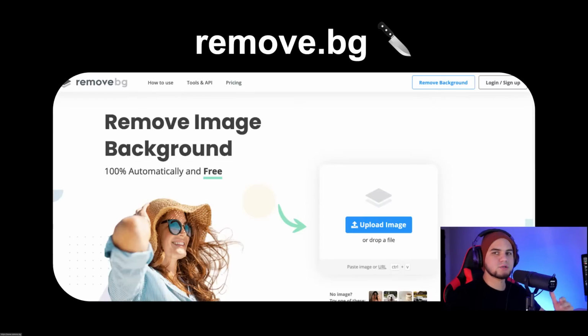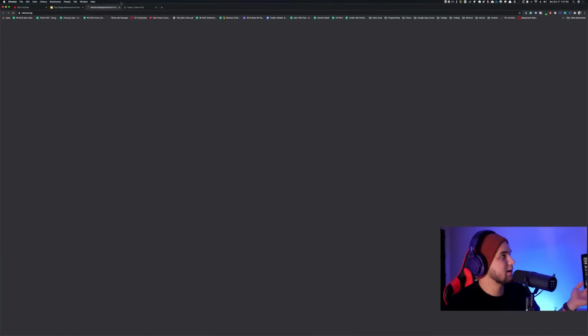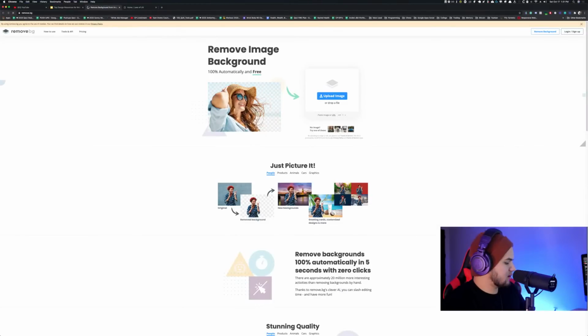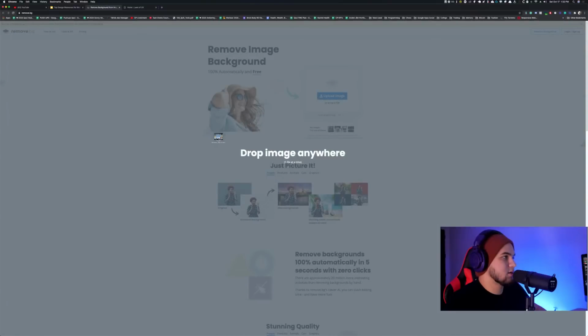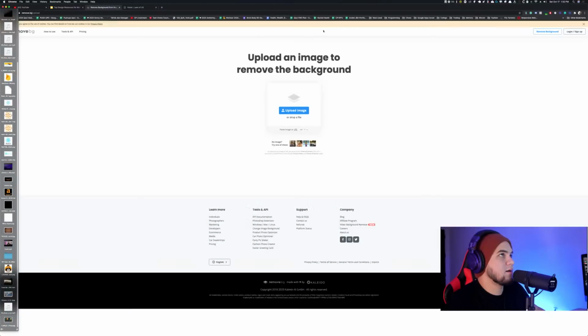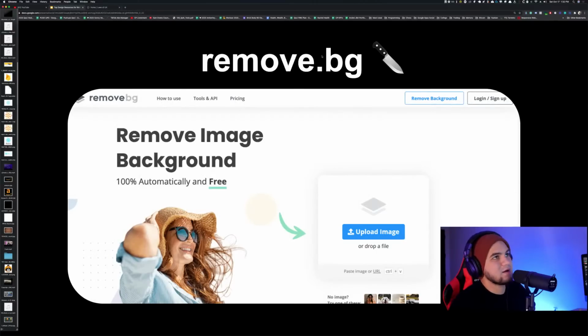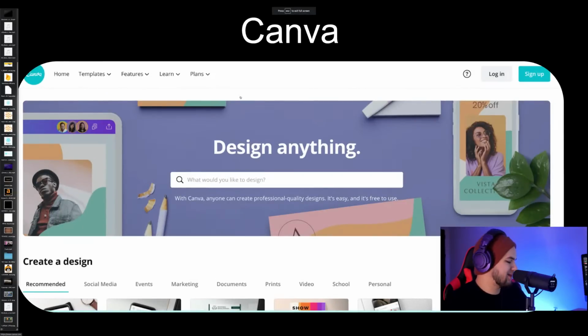Instead of going into Photoshop and taking out a background, you're going to go into remove.bg. Do I have it here? I do have it here. So you literally just drag, let's drag. Do I have any images here? It's because this one doesn't have a background. Let's see, what is this? For the sake of it, I'm not going to do it live, but you drag an image there, and it pretty much takes off the background, and that's amazing to